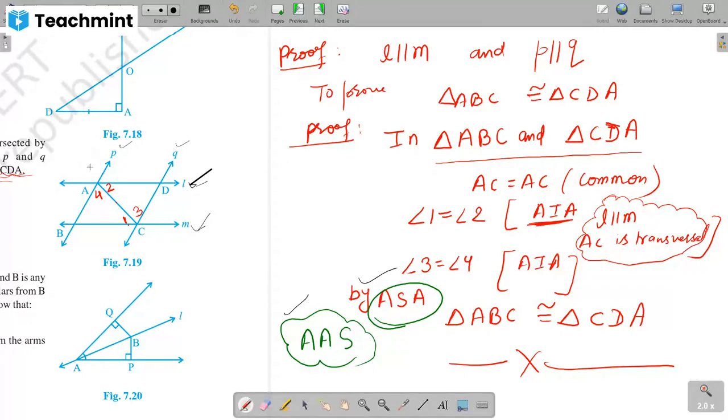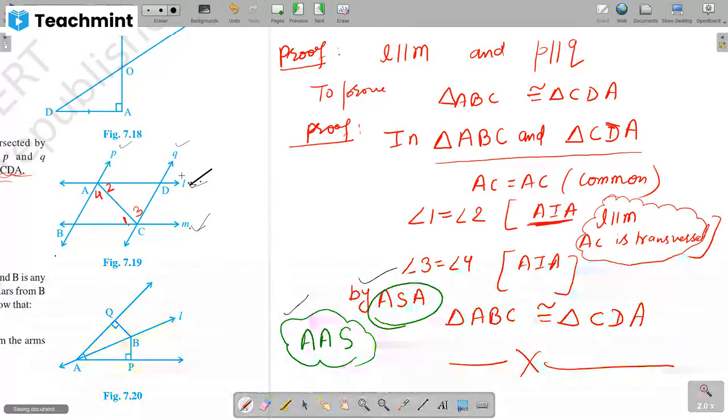But if we say this line P is the transversal for this pair, L parallel to M. Here it is given that L is parallel to M, then this P is a transversal. And Q is also a transversal if L is parallel to M. Similarly, if P is parallel to Q, then this M is nothing but a transversal. L is also a transversal. Correct? Is it correct? Yes, ma'am. Okay, anything else?